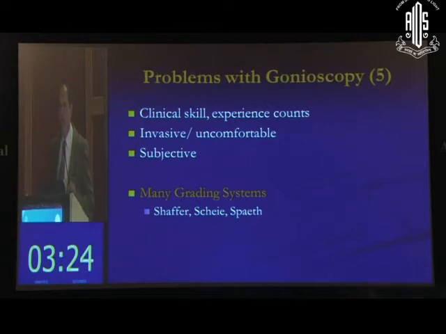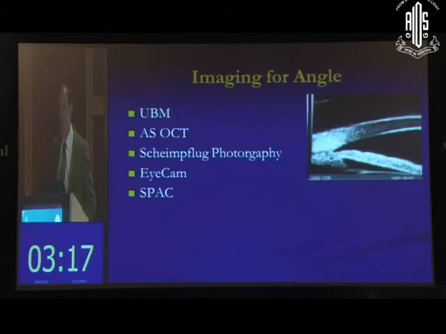So that's the biggest problem, and there's an urgent need to have some common platform or some common form of grading which can be understood by most people. Recently, the imaging for angle closure has become a little more prevalent and more promising. In this context, it's important to understand the relationship between the angle, the peripheral cornea, the root of the iris, the ciliary body, and the anterior lens surface of the iris. These structures are very important because it's their interplay which determines how the angle behaves, and this is where the pathogenesis of angle closure actually lies.